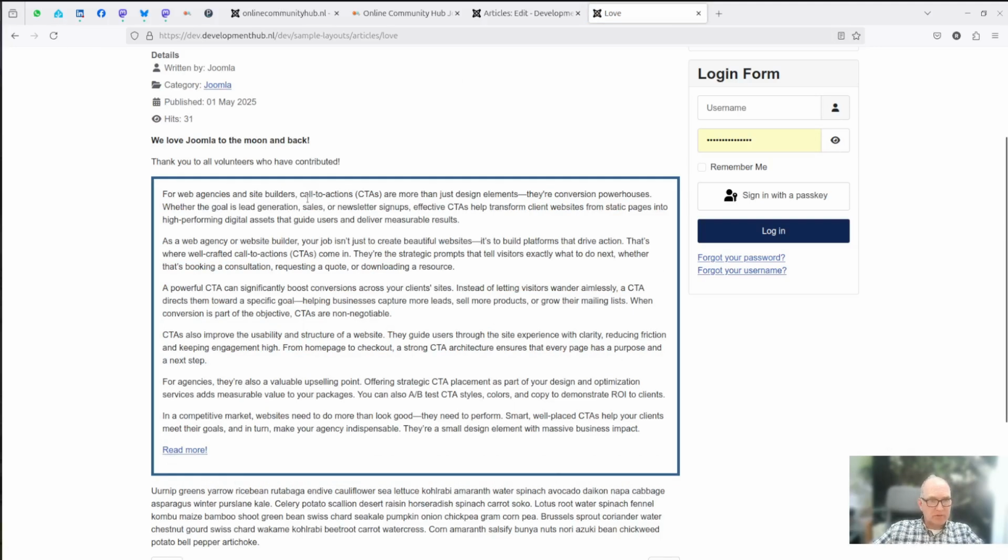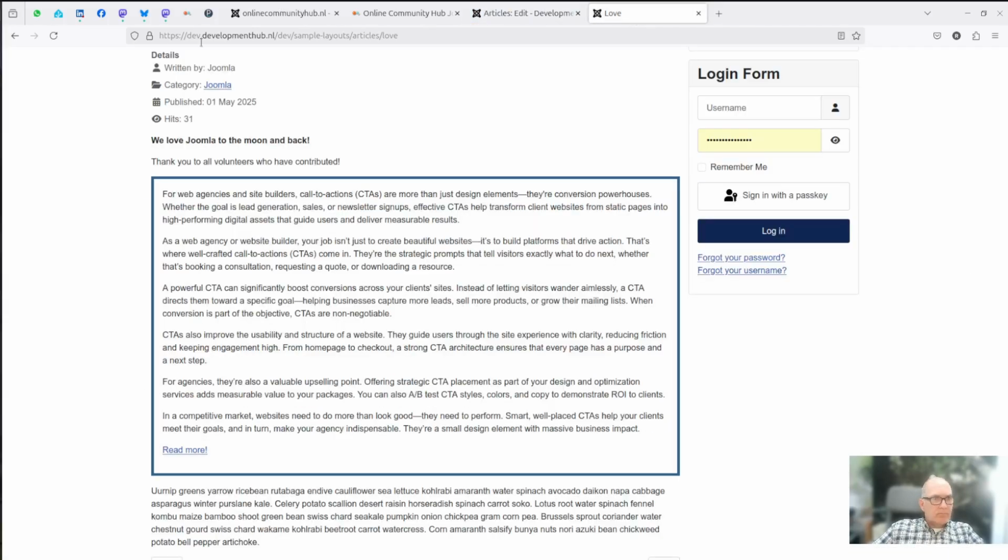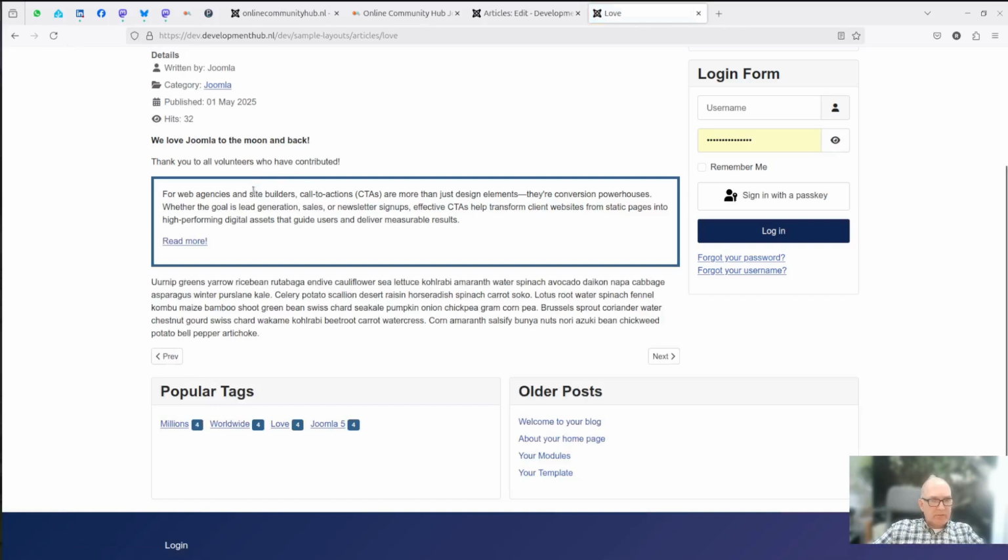It's the complete article, so it's the intro text and the full text. If I change the text to intro text, then you will see that we only have the intro text.